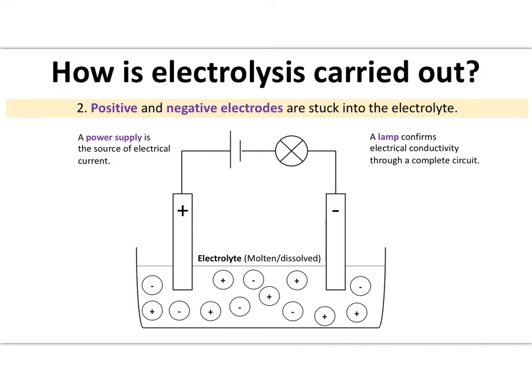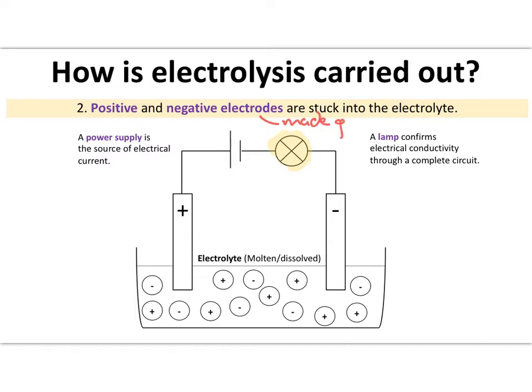The bulb is just there so that you know that a current is actually flowing. That's all it's for. You're going to have these two things called electrodes. They are typically made of graphite,